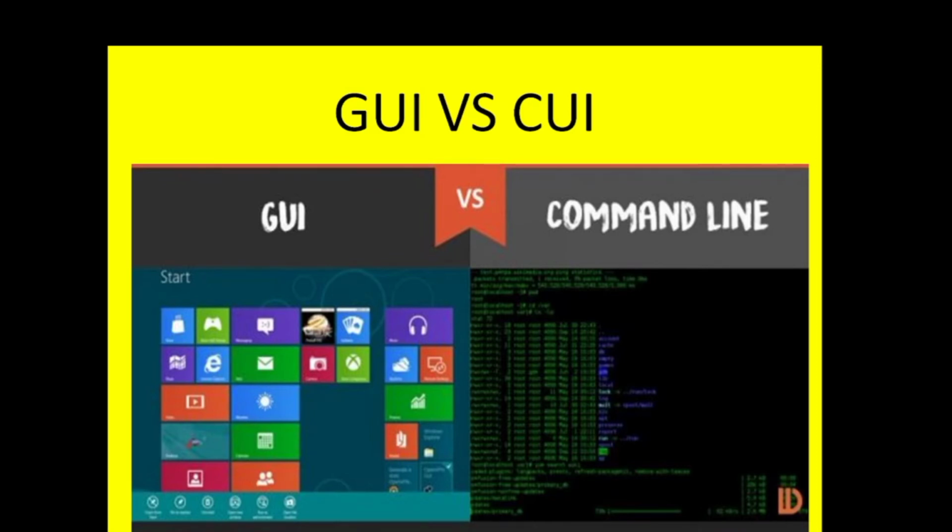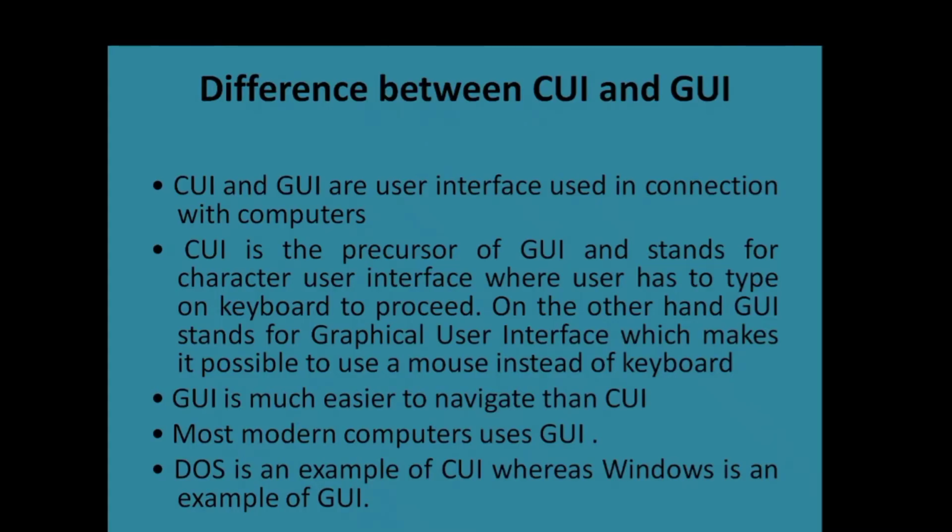Here you have seen the difference between the GUI and CUI interface. This one is the active or interactive interface that shows the GUI screen, and the next one is the command line interface screen that is in black color, and whatever you have to do, you just do it by writing the commands through the keyboard.